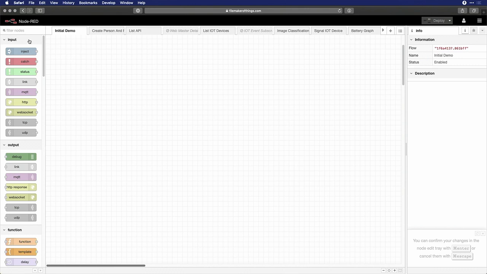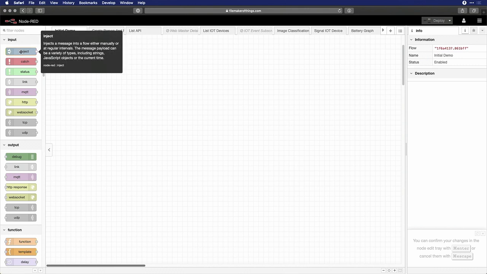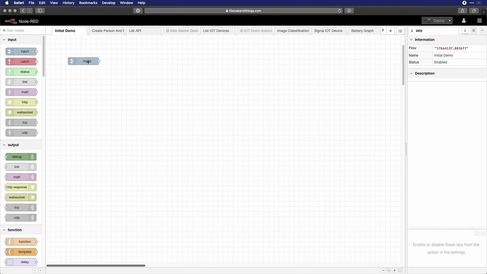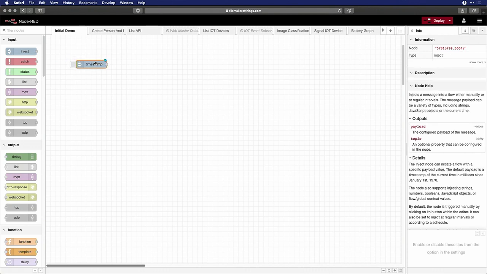All flows begin with an initiation event. To initiate this flow, I'll use the inject node. The inject node is a pre-installed node designed to initiate a flow either via a button or on an interval. Later in this session, we will substitute the inject node with other types of initiating events, such as HTTP requests